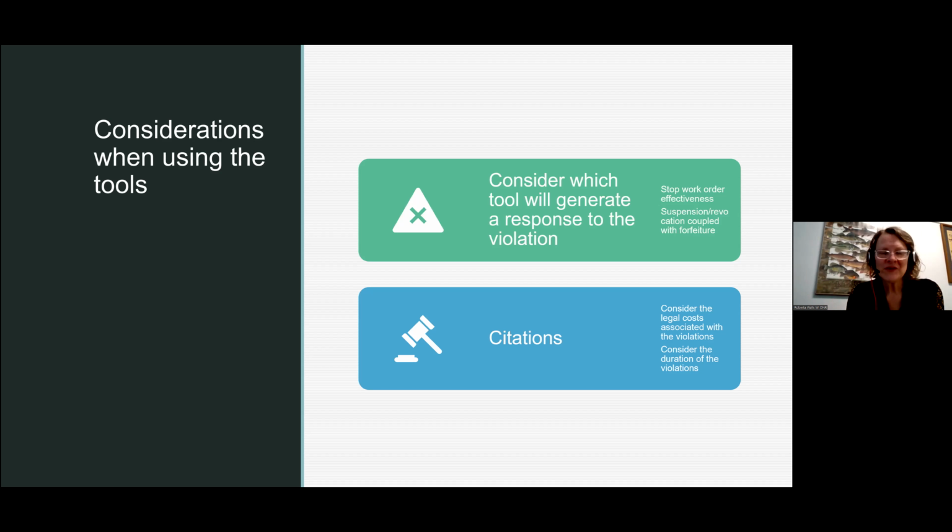How you know you're going to be able to apply and which one to apply is going to depend largely on the circumstance that you're working with. Get to know your operator, get to know your circumstance, and think ahead. If I do this, will it elicit the response I'm looking for?